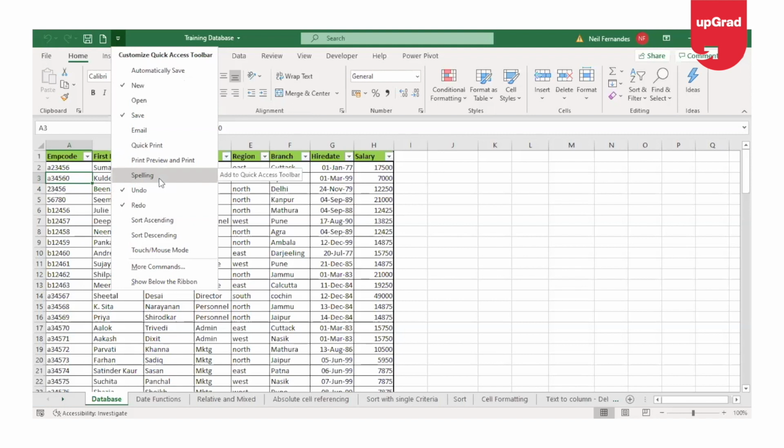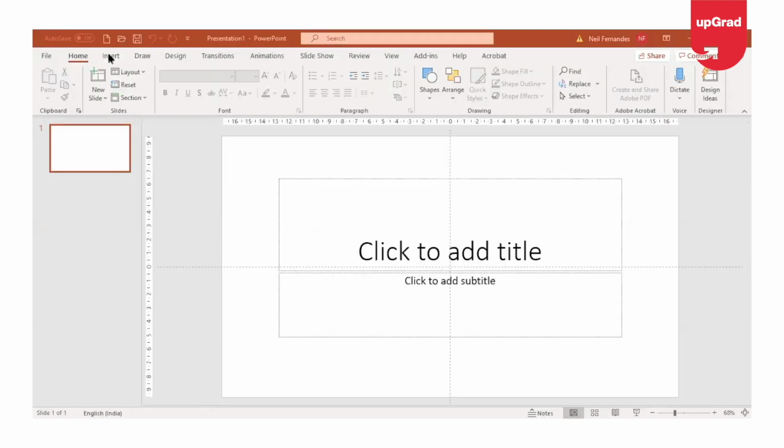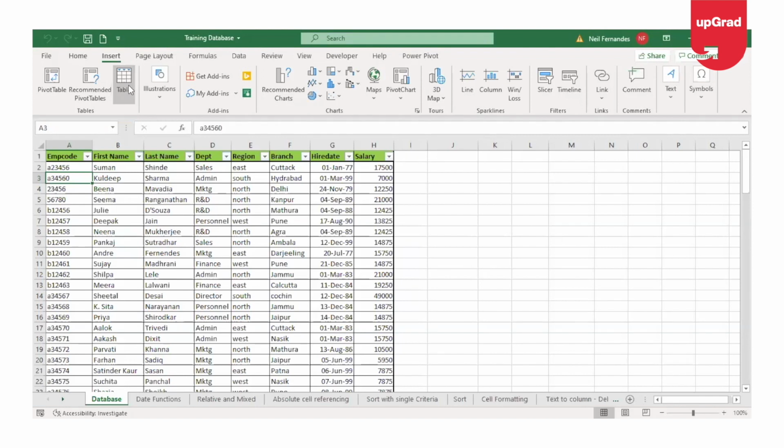So to add other commands, you can go back to the ribbon and click on the command that you want to add to the toolbar. Let's say I want to add table. So I'll go on to Insert, go to the table command, right click on that, and then click on Add to Quick Access Toolbar. This is one way of adding any command from the ribbon to the Quick Access Toolbar.